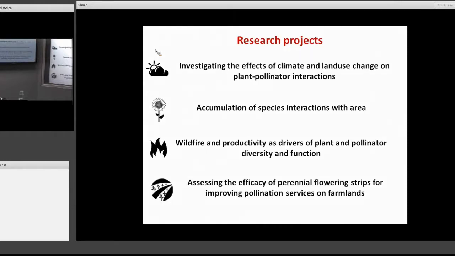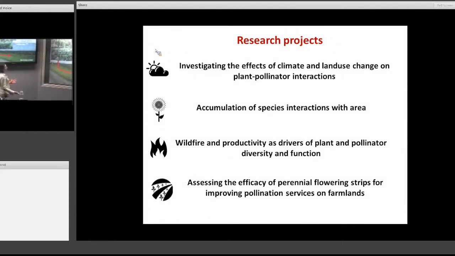Diversity and function. And then lastly, in a more applied vein, just crop plants. So starting with this one here,